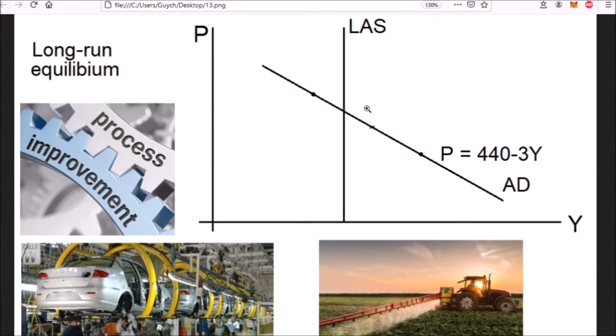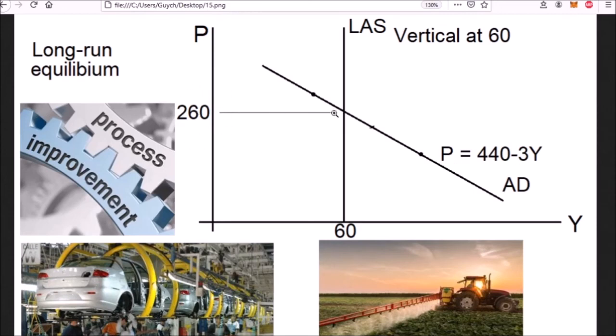For now, let's just throw in some numbers for the example of the long-run macroeconomic equilibrium, where the long-run aggregate supply curve is, let's say, vertical at the value of 60 for this horizontal axis, meaning that long-run aggregate supply curve is at 60 million or billion or whatever it is in real GDP, because that's what we have on the horizontal axis. Finding the equilibrium here is relatively easy. Of course, the number on the horizontal axis is 60. Throw in this 60 for Y into the equation for the aggregate demand curve,